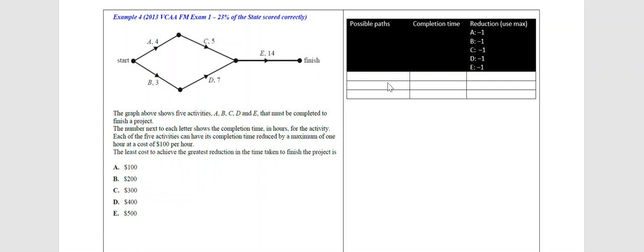Today we're going to learn how to crash a network diagram. So here we have an exam question from 2013 and we have a network diagram shown here, and the question